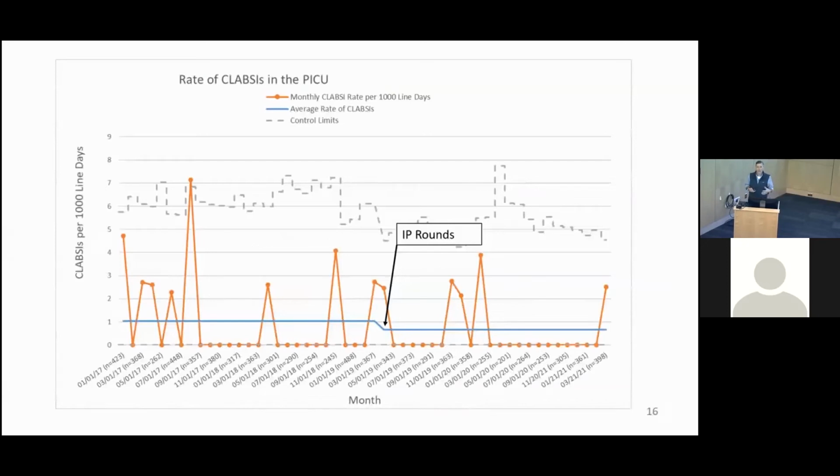And when we look at quality improvement, we're also focused on data over time. This is an example of a control chart. This looks at CLABSI rates in the Scottish Rite PICU over time. It's by month, a rate of CLABSIs per 1,000 line days. The dotted line represents the control limits, and these are typically set at 3 standard deviations above and below the mean. So if something lands outside those dotted lines, it's statistically very unlikely to have occurred by chance